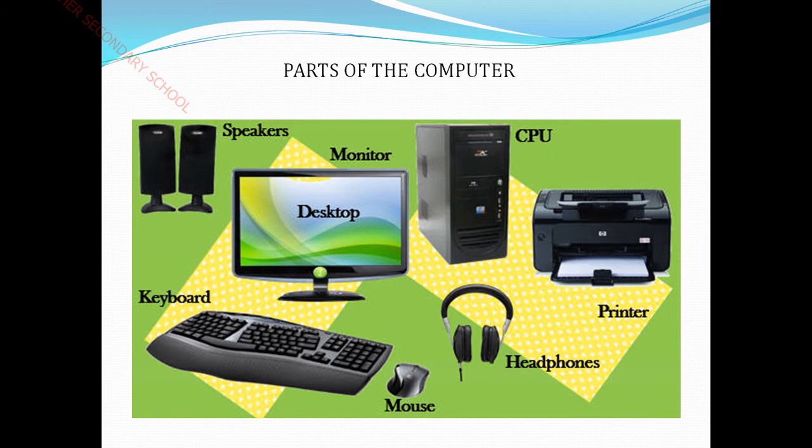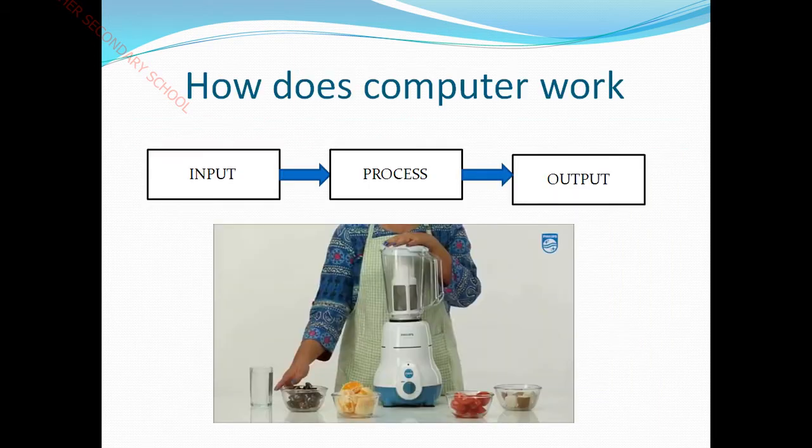So next I will move to the next slide. In this slide we are going to see the IPO cycle. So what is meant by IPO cycle? I for input, P for process, O for output. So input unit. So far we have discussed the input devices. Now we will see what is meant by input unit. This input unit uses input devices to get value from the user.